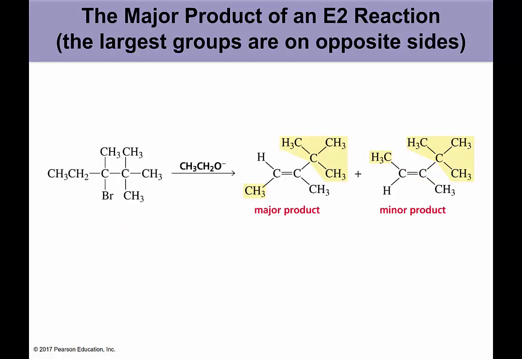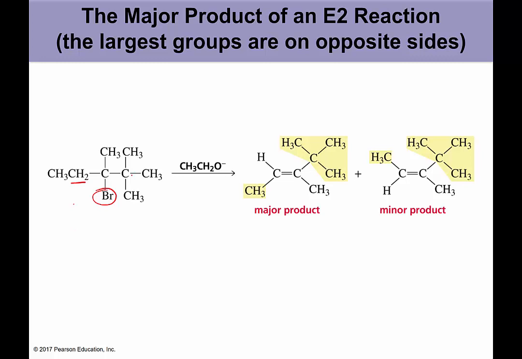So let's go through the exercise of trying to figure out what the major product is going to be for this reaction. Okay, so here's my leaving group. I don't have a beta hydrogen on this side because the beta hydrogen would have to be attached to that carbon. So since I don't have a beta hydrogen here, I know that I'll have to have one of these hydrogens removed. Now there's 2 of them there, so I don't have to worry so much about